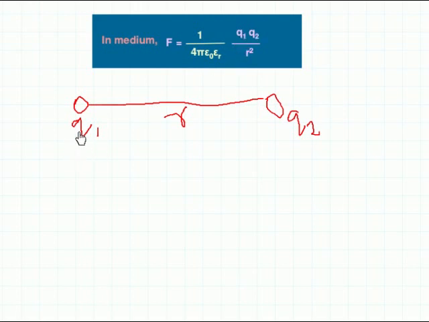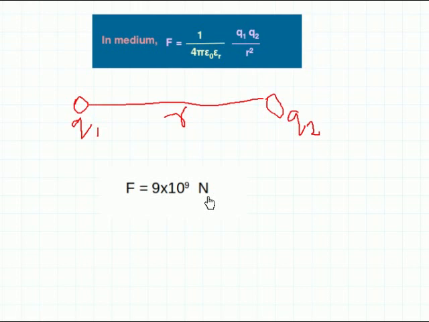q1 you take as 1 coulomb, q2 again you take as 1 coulomb, and r is 1 meter. So the result will be F is equal to 9 into 10 raised to 9 Newton. If these two charges are positive, there is a repulsive force between them, the magnitude of which is 9 into 10 raised to 9 Newton. And if the first charge is positive and the second charge is negative, then the force is attractive. That means there is an attractive force between the two charges, the magnitude of which is 9 into 10 raised to 9 Newton.